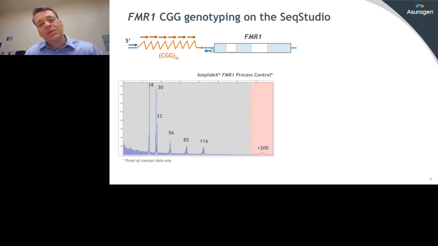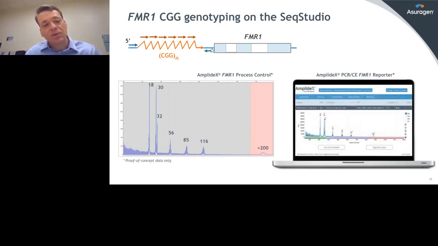And so this sample tells us several things. First of all, it tells us that we can accurately size because the numbers that are labeled for these peaks are in fact the CGG numbers that we know from orthogonal methodologies that represent the corresponding CGG numbers. Secondly, it covers a categorical range from normal to full mutation. And third, we can even see very closely sized repeats, like 30 or 32. So a separation of 2 CGGs we can pick up. I'll show you an example in just a minute of one. So the platform's doing what it should be doing. We're able to accommodate the breadth of both sizing for longer repeats as well as the precision and accuracy for shorter repeats.